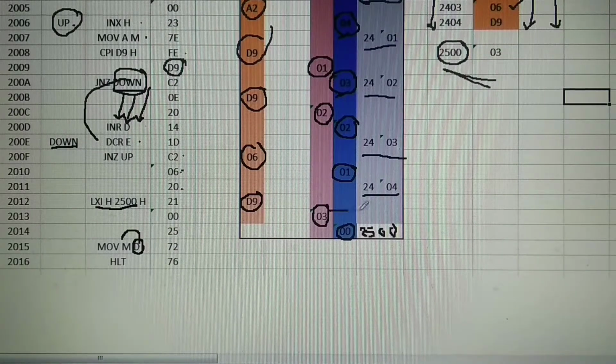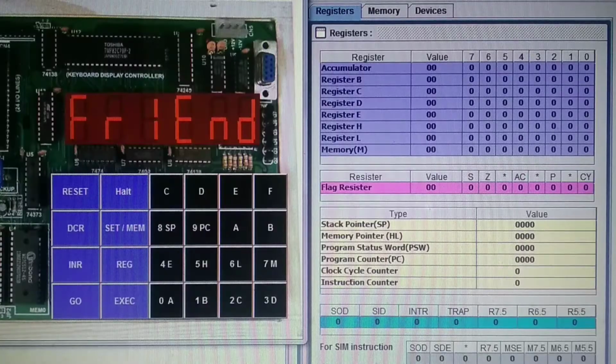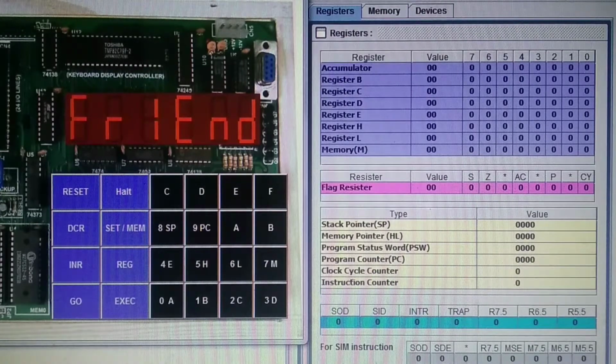In D, 03 is there. That count of D9 is transferred to 2500. This gives how many times the data byte D9 is present in the given block.